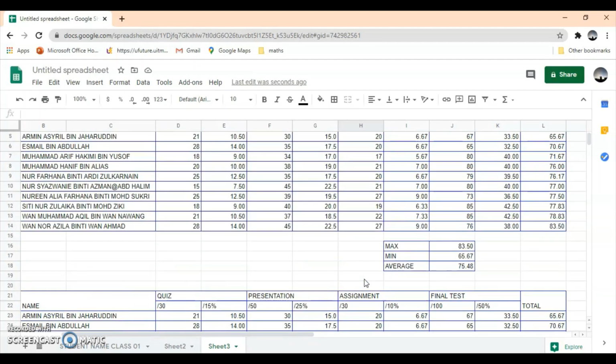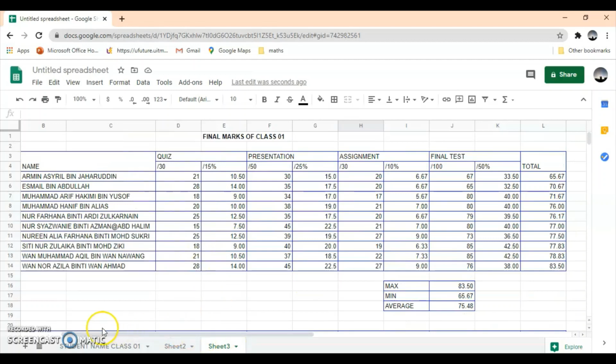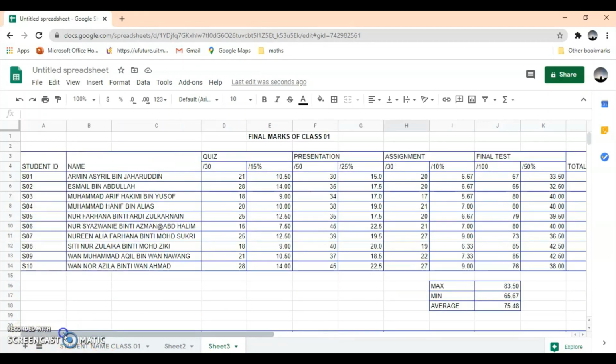What else we can do by using sheets is we can also do the chart. So for today, I only will show to all of you the simple chart. So how to make a chart is,